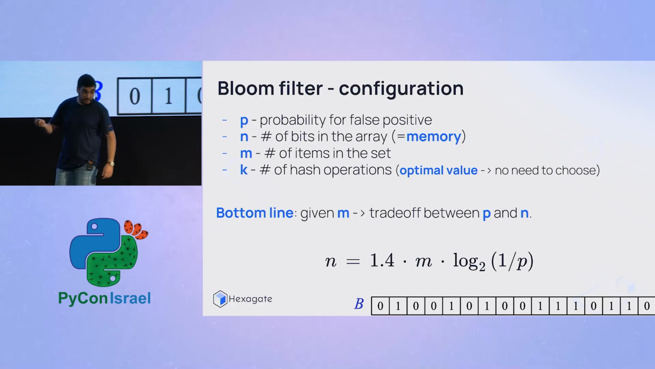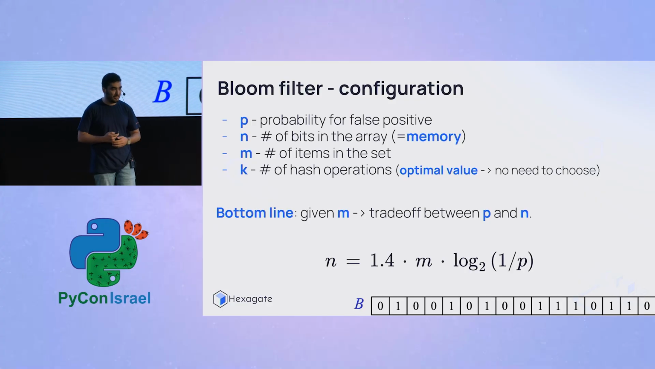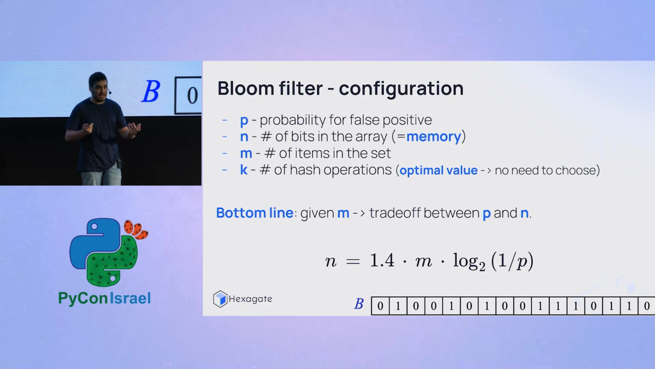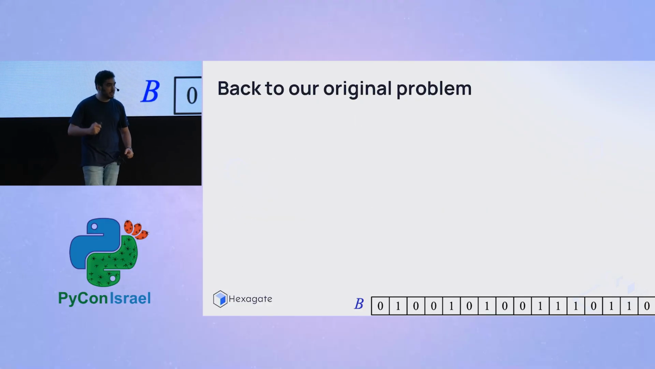Now, there's a formula for that. I don't expect you guys to remember it. You can look it up online. This is also just an approximation of the exact formula. But let's get back to the original problem, just to get a sense of the numbers of the memory footprint